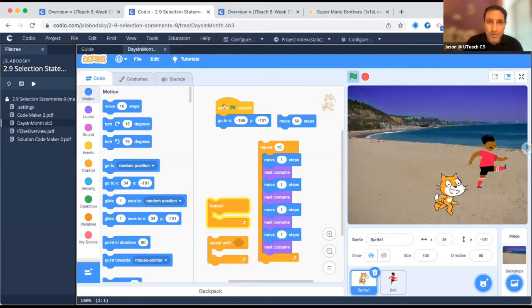Okay, let's go back to the starting point. No, that didn't work. Maybe I should have increased this over here. Maybe that would have been a better idea. Oh, yeah, that makes it look better. Okay. All right, so he's running across the screen, but this is